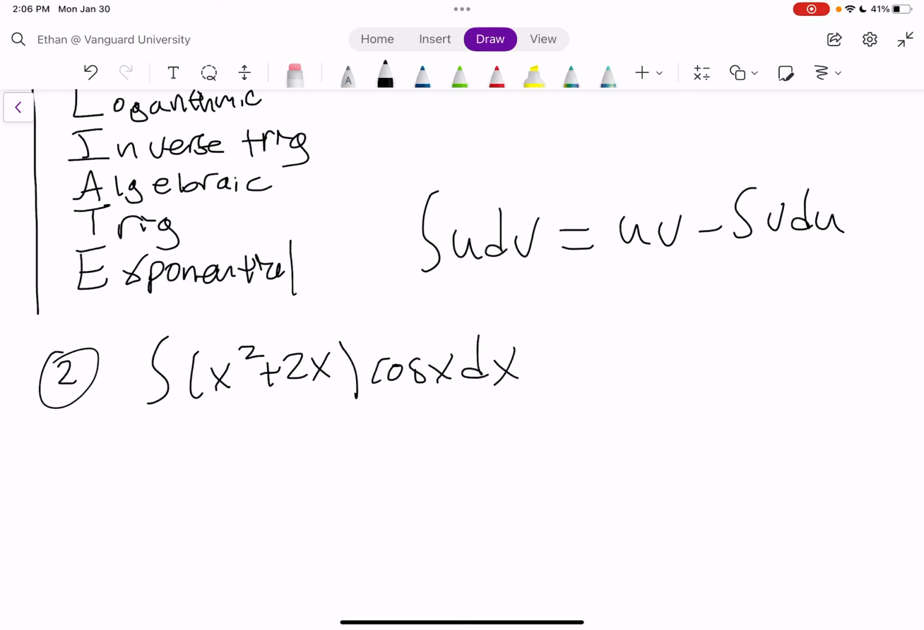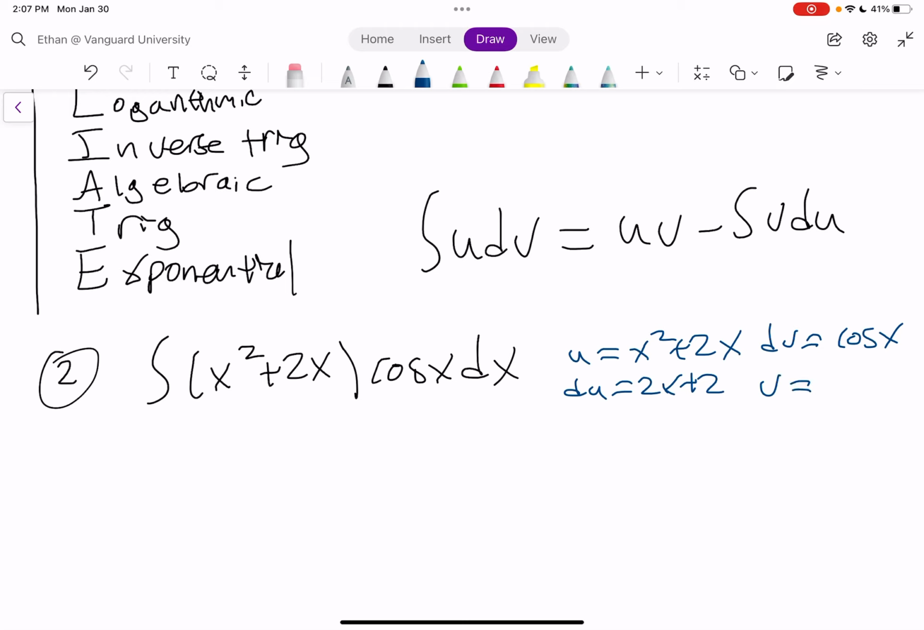Okay, now you guys are a little bit more familiar with this. We're going to go ahead and write down all of our unknowns. So x squared plus 2x is algebraic, cosine x is trig, and as you can see, algebraic is above trig in the order right here. So we're going to write our knowns. u equals x squared plus 2x, and our dv equals cosine of x. So our du is going to be 2x plus 2,